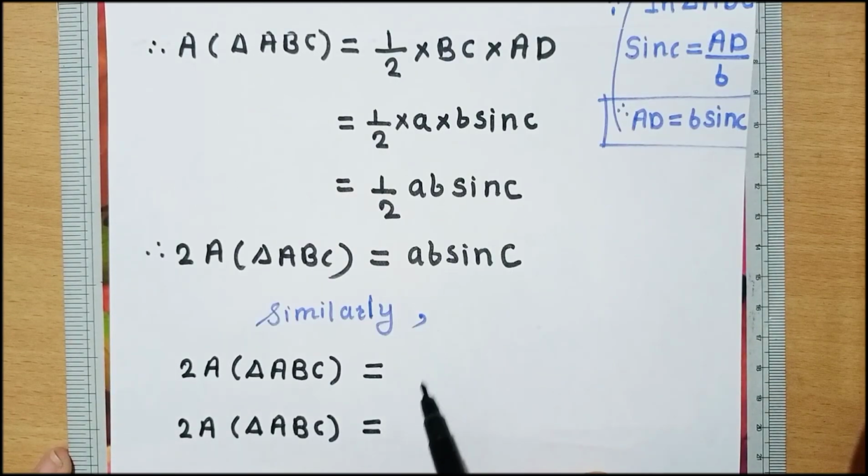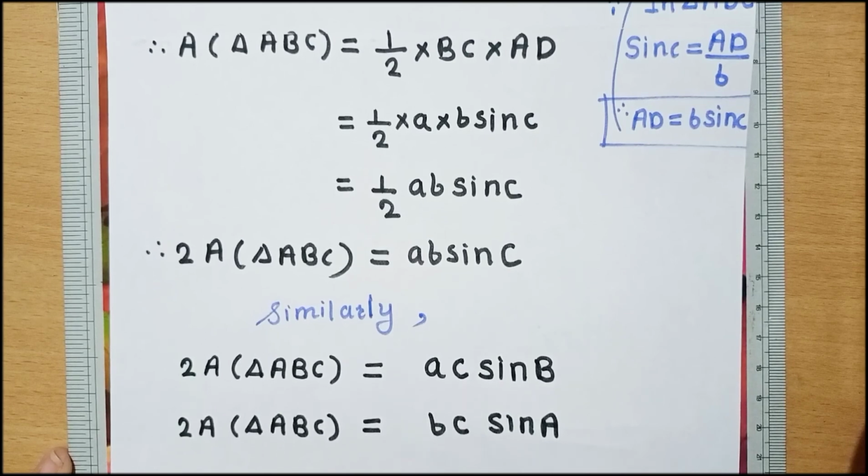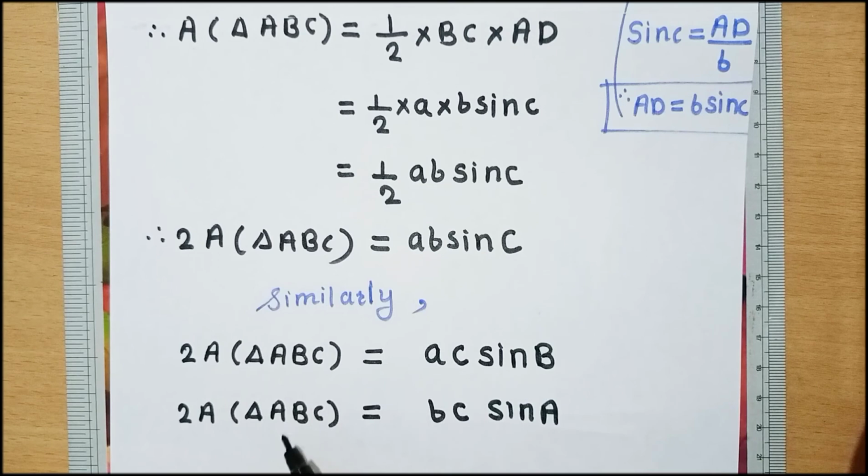Now here is one trick I am giving you. Here the angle is C. Now take angle B. Now you have to write here the sides other than small b, which are a and c. Now choose angle capital A. So we have sin A. Now choose the sides other than a, which are b and c. Since the left hand side is the same, these three values are equal.